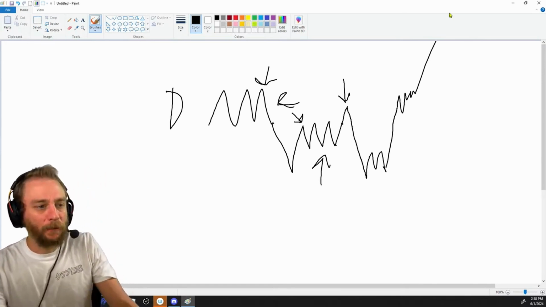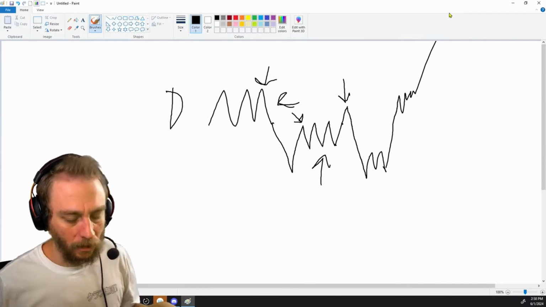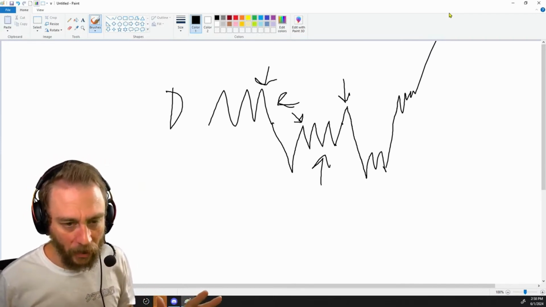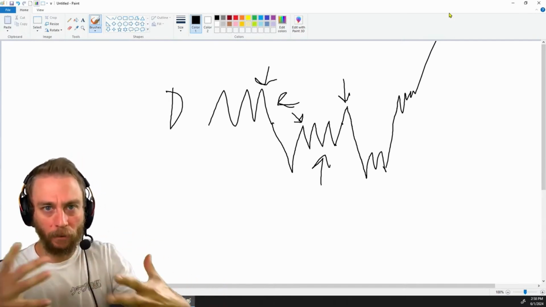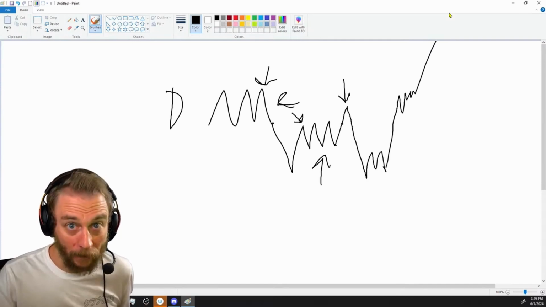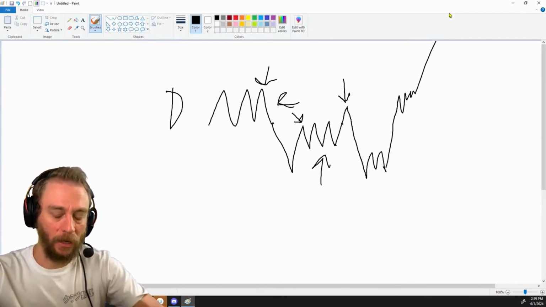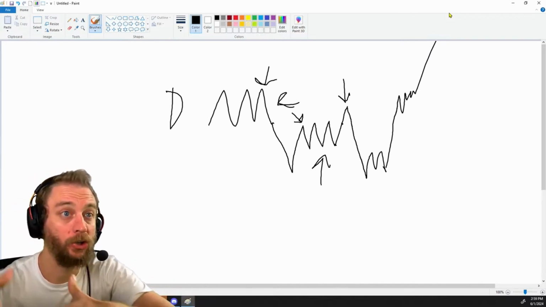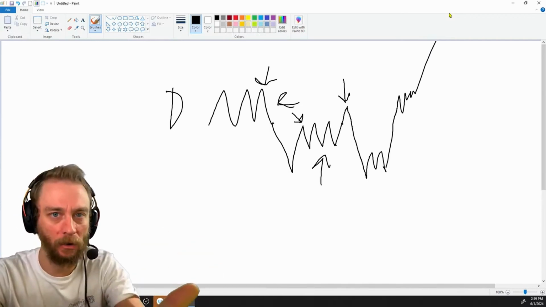I personally think leaning on VPOCs, value areas, those lines move too much, and I think the current price action matters. And I think what we know is reclaims matter. If I can lean into a reclaim to get through it, and if I can get correlated markets to agree on that value area, or even a VWAP, even though I don't like VWAP,